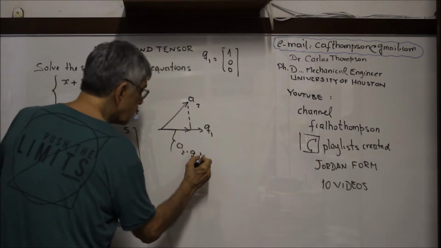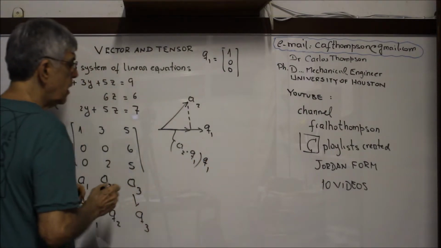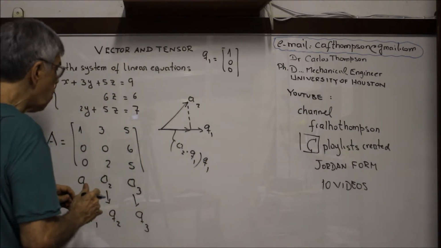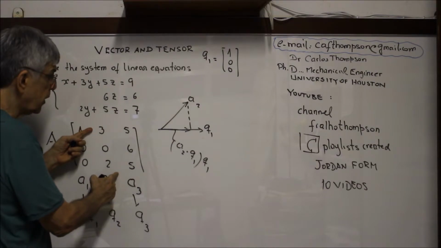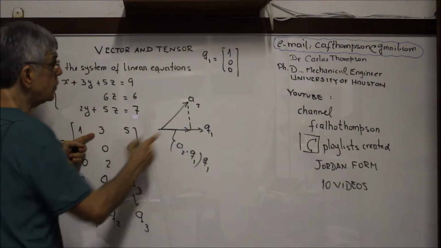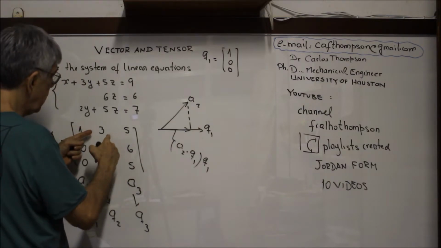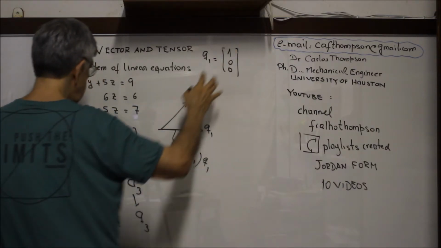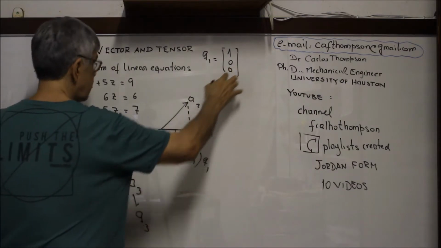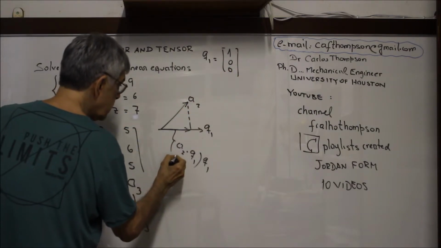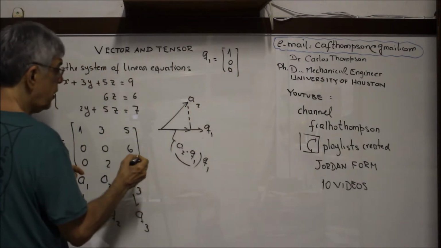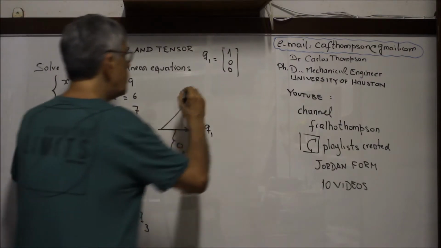Now I need the vector, so I put here Q1, exactly as I did before. So I have A2. Now A2 dot Q1. Okay? So this will be 3 times 1 plus 0 times 0. So this here will be 3. You see? I'll put here,